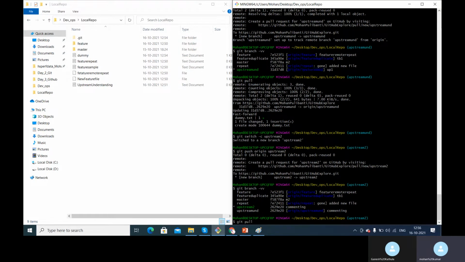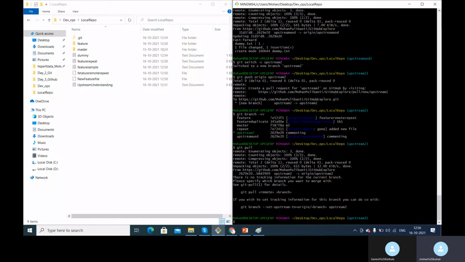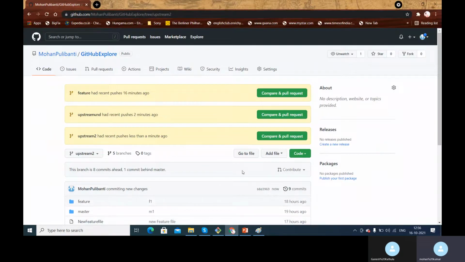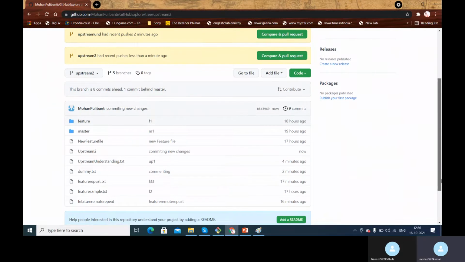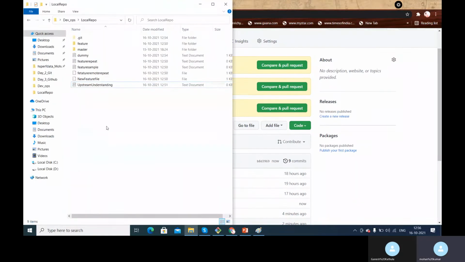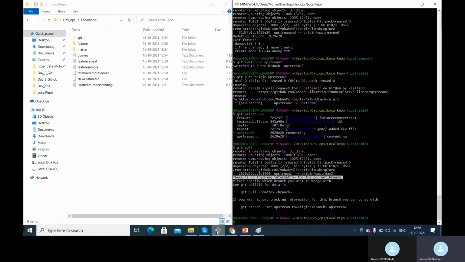So when I say git pull, it says whether it got the changes or not. Git pull origin: there is no tracking information for the current branch. That is what it is showing for us. There is no tracking branch. We have to create the tracking branch, whereas in the earlier case it is not needed. It automatically got the data for us because it automatically created the upstream. The upstream 2 file didn't come over here. So that is a big difference of using -u, and -u made things very easy for us.